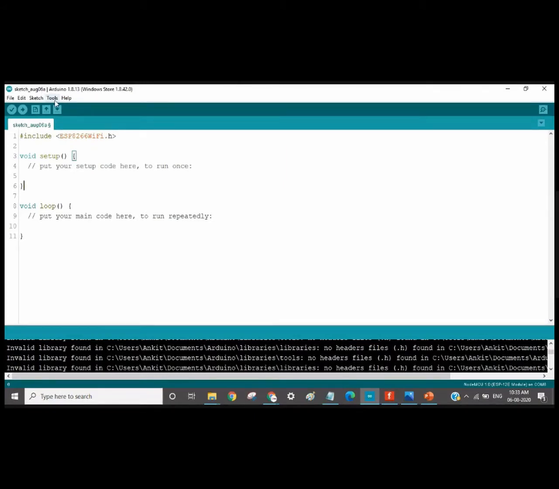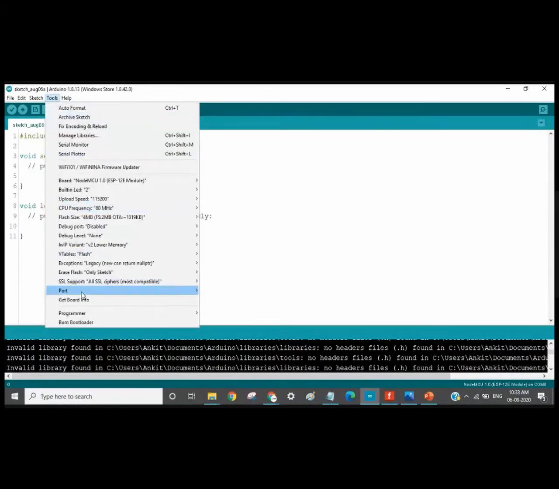So I have connected the board to the laptop using a normal USB. So here we can see that the port option is visible, and till yesterday the Arduino was being used on the COM6 port. Now the COM port has changed. The COM port is now COM22.